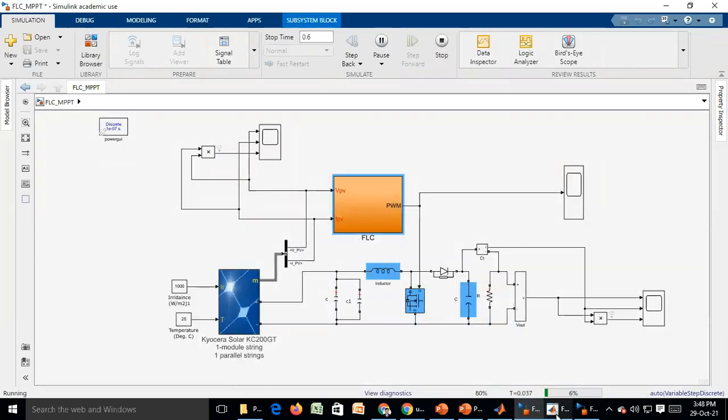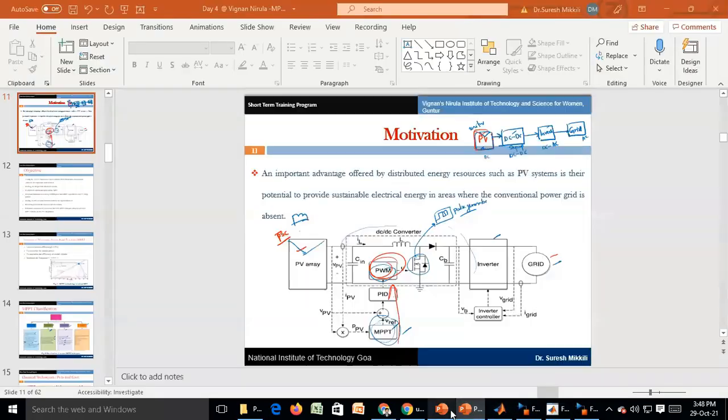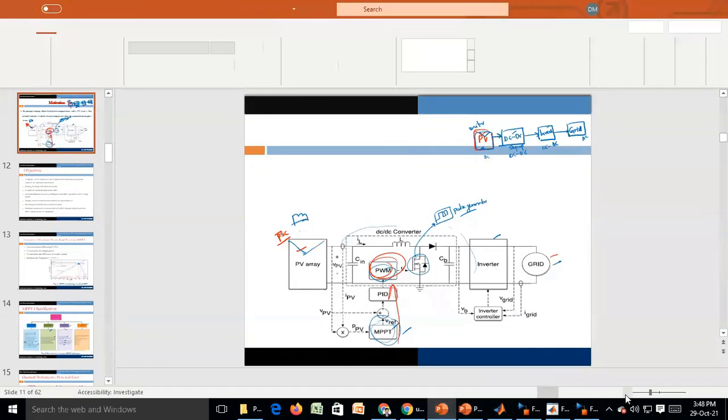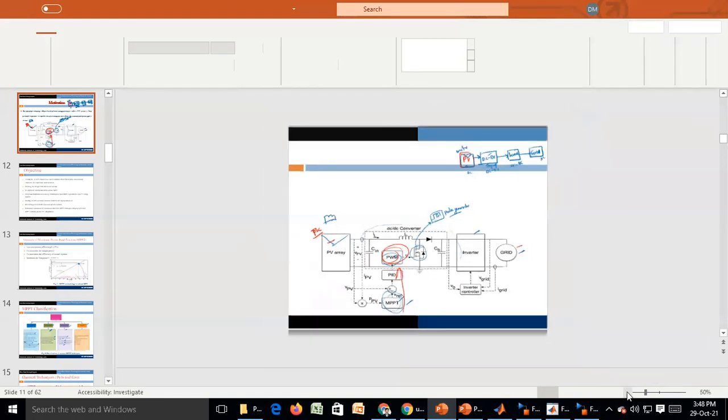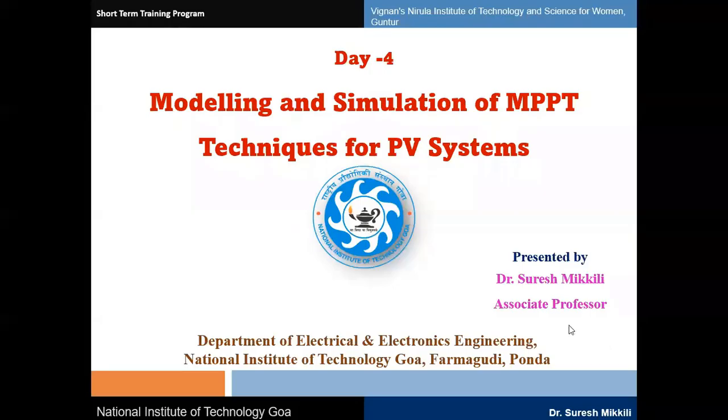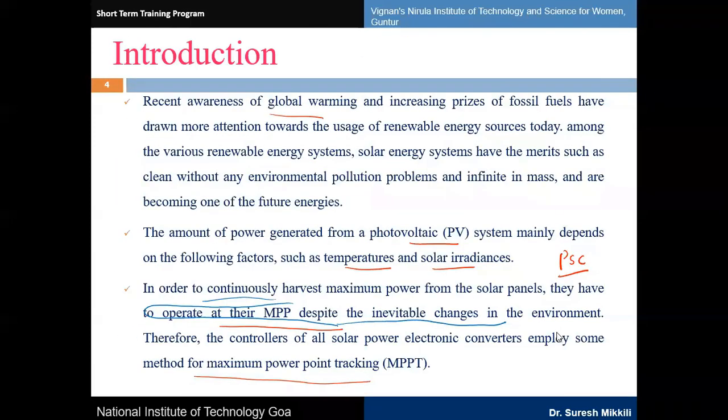Now let me show you, and explain quickly what we are seeing today. We have seen why to select, because we need to maintain the maximum power even though partial shading conditions are coming. The PV panel can be standalone or grid connected. I need to consider when grid connection is required. The small amount of PV power you are generating is not sufficient to deliver.